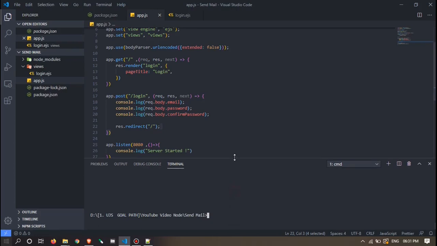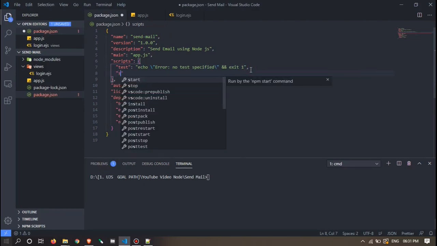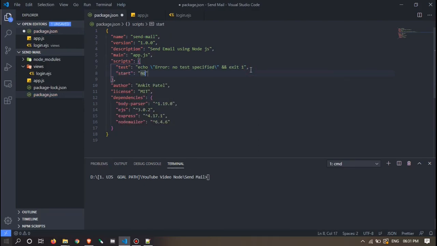Now I have Nodemon installed, right? But I didn't set it up here, so let me set it. Start, then nodemon app.js. So we don't have to save again and again and then restart our server.